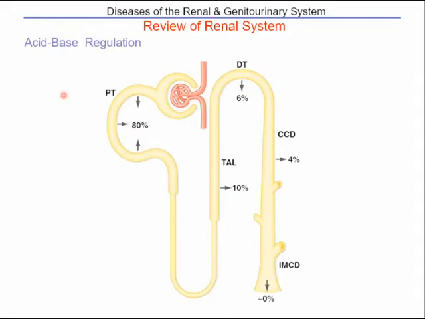So one of the things that we should take a look at with regards to your buffering system is to see what part of the renal system each of these buffers are operative. So let's take a look at your bicarbonate, which is one of your primary buffers in the body. So bicarbonate is reabsorbed in certain sections of your